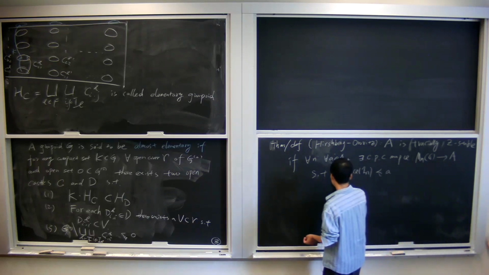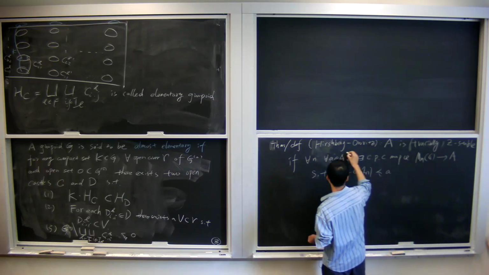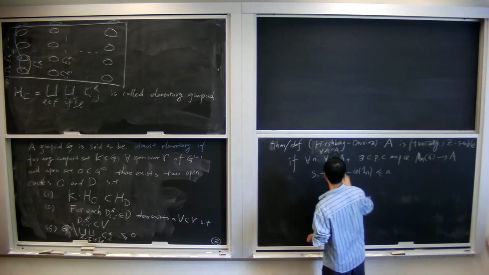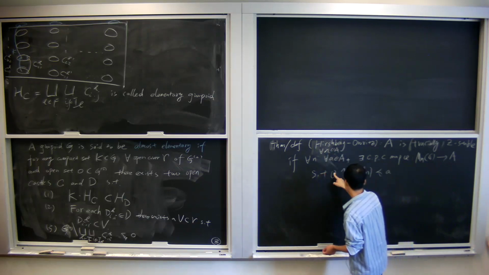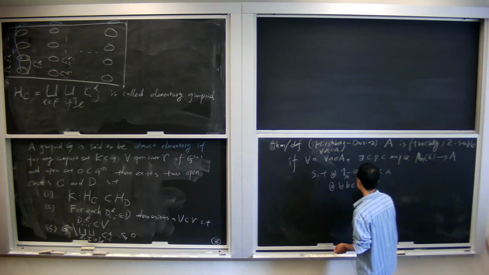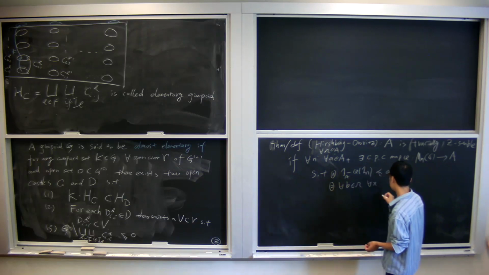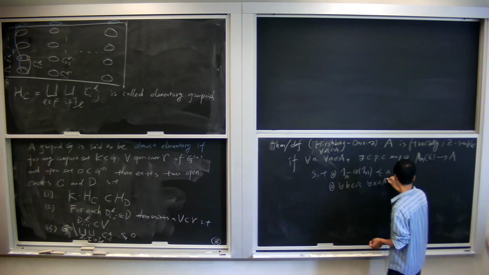And of course, you also need a finite set omega in A, so for any b in omega and any x in M_n(C) of norm 1,